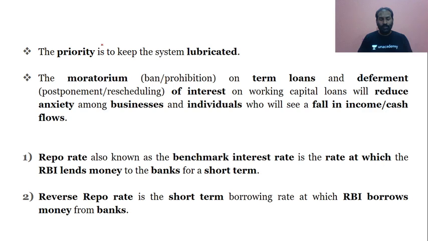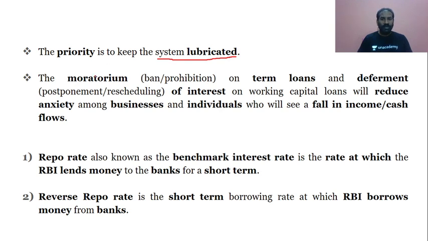And what is the priority now for the RBI is to make sure that the system is lubricated. Lubricated in what way? Lubricated with money, so that there is enough liquidity with the banks and in the market. So that is a high priority. They are at this moment not worried about excess money or the inflation which might happen. If it happens, then again RBI will come to the rescue by sucking out the extra liquidity.